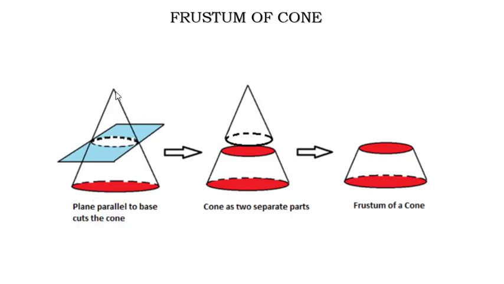Now frustum of cone, this is a new topic which we haven't discussed so far. So what is frustum of cone? I have this cone. If I cut this cone with a plane parallel to the base, then the base portion which I get is called frustum of cone. Now if you take this top portion, it is again a cone with reduced height, but if you take this bottom portion, it is not a cone. This is called frustum of cone.